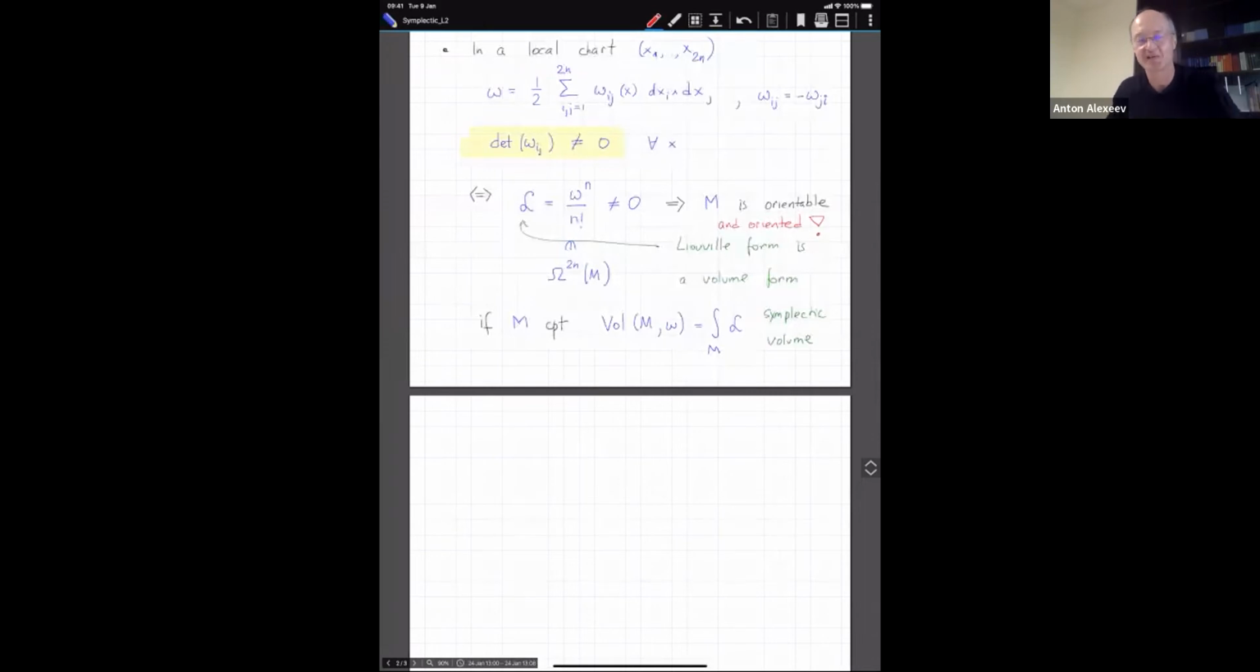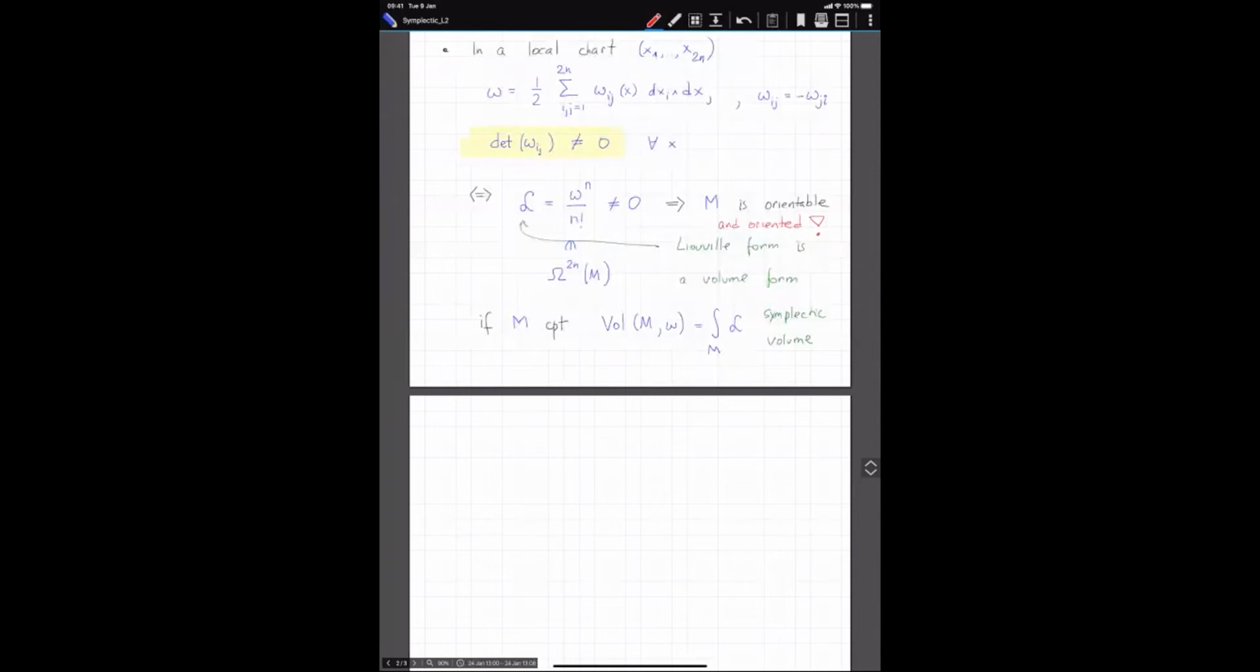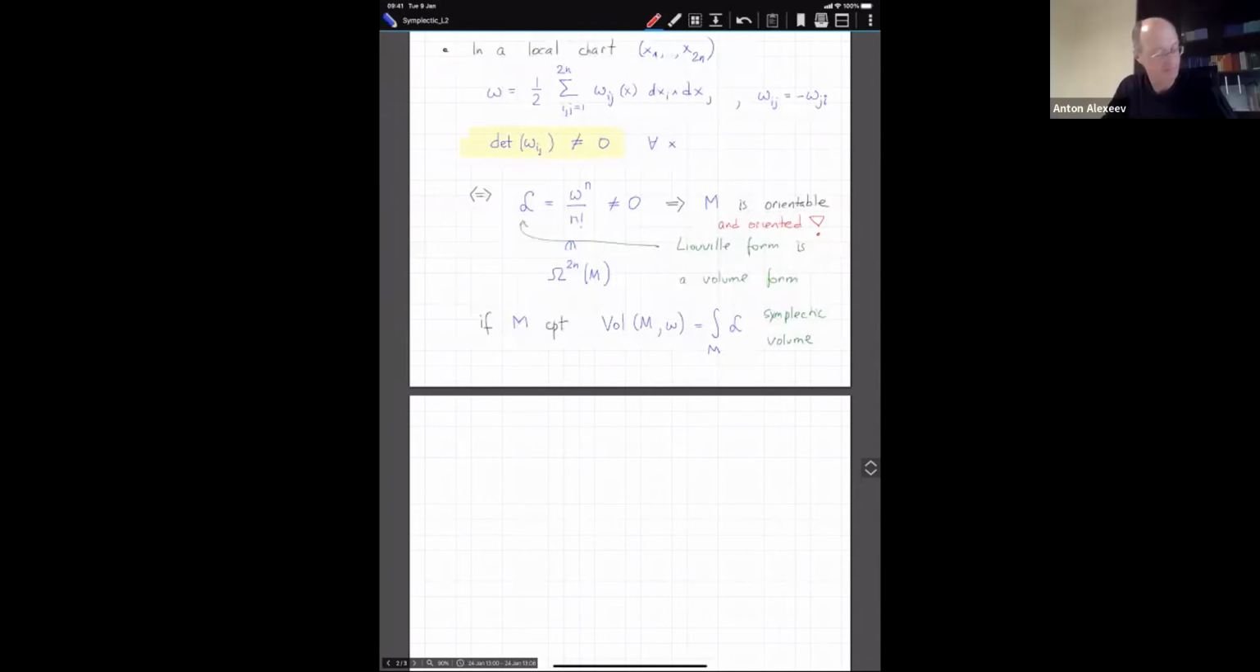Yes, it is also oriented by the Liouville form, as the canonical orientation. Yes, absolutely agreed. It is oriented so that the symplectic volumes are positive, right? If you change the orientation, then the volumes become negative, but we choose the orientation such that symplectic volumes are